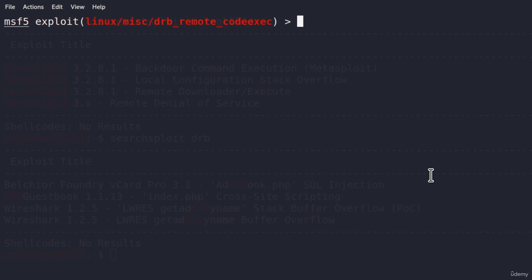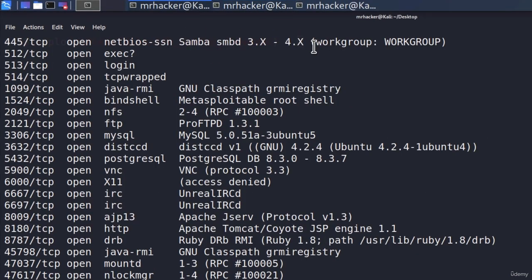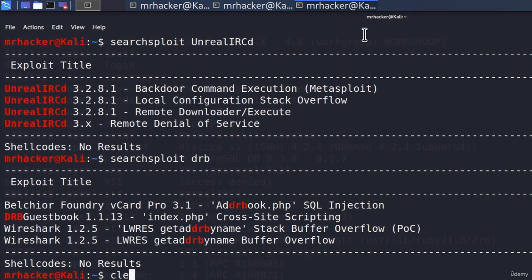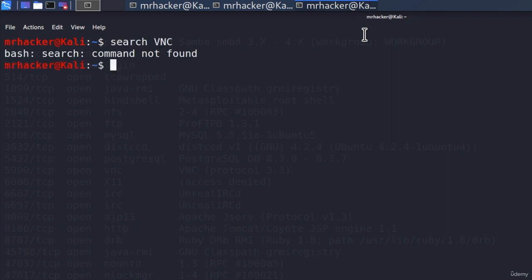But these are not the only ones. As a matter of fact, let me just show you 1 or 2 more that you could have found if you performed this challenge. The one that is a little bit different to exploit is this VNC service running on port 5900. It is running protocol 3.3, and if we just search in searchsploit, search VNC,